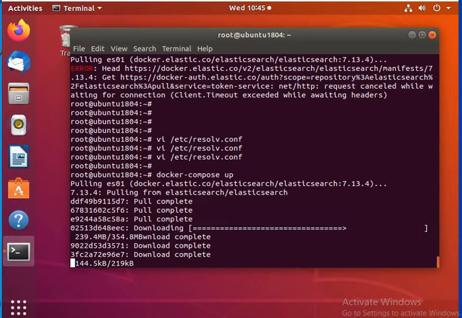It's still downloading, we need to give some more time.